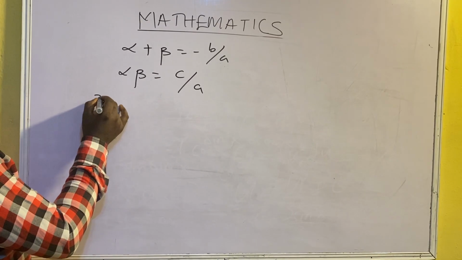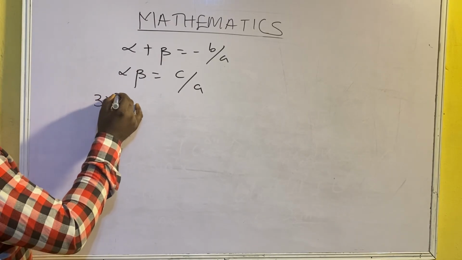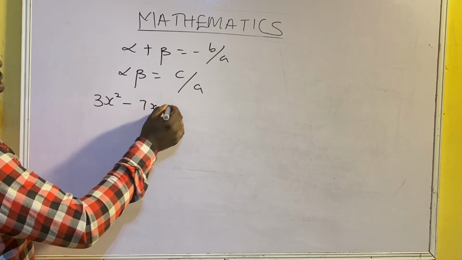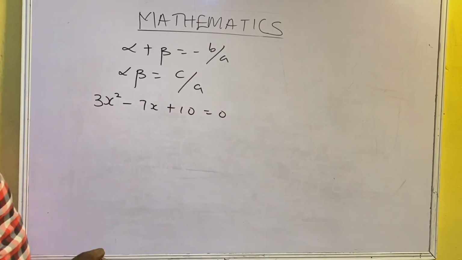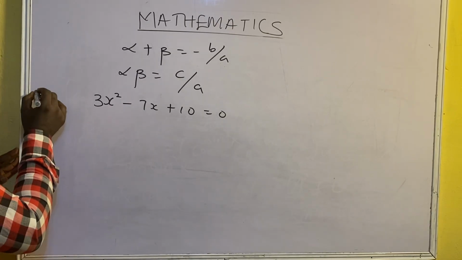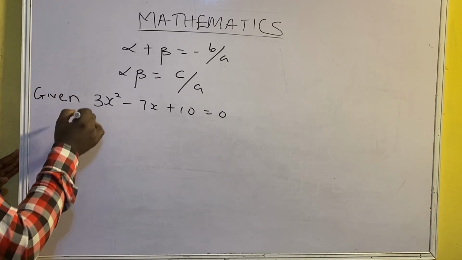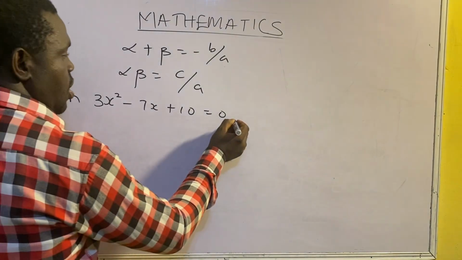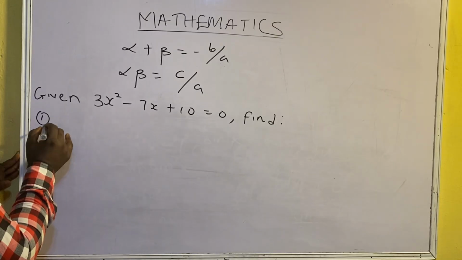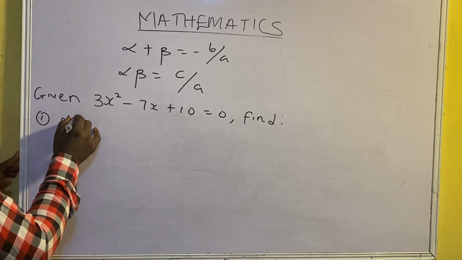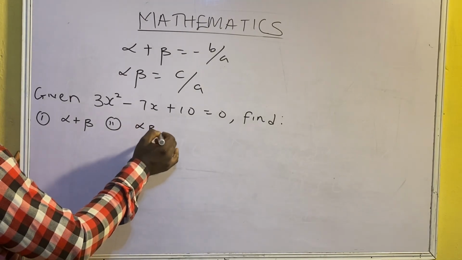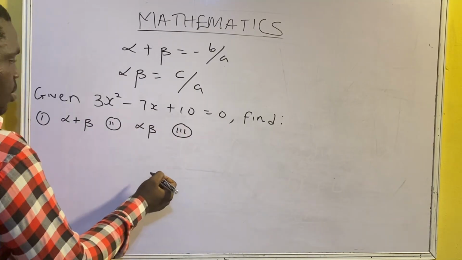Suppose you're given something like, let's say, this quadratic equation: 3x squared minus 7x plus 10 equals 0. Suppose you are given this quadratic equation, and now you are asked to find one, your sum of roots, two, your product of roots, three,